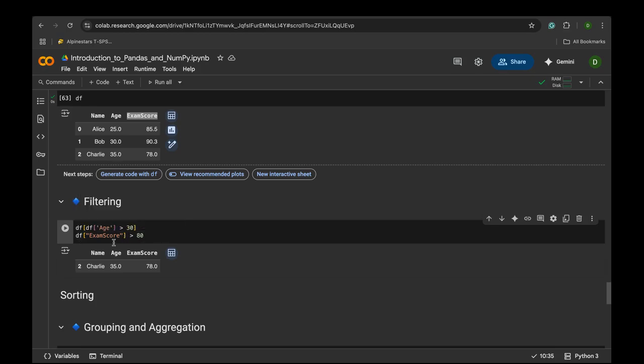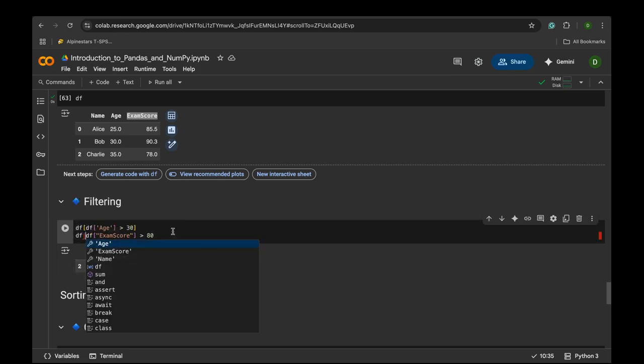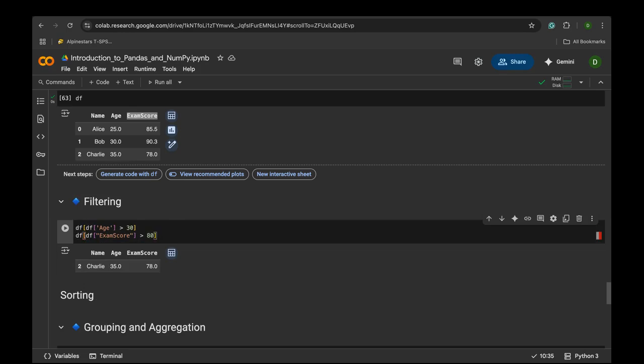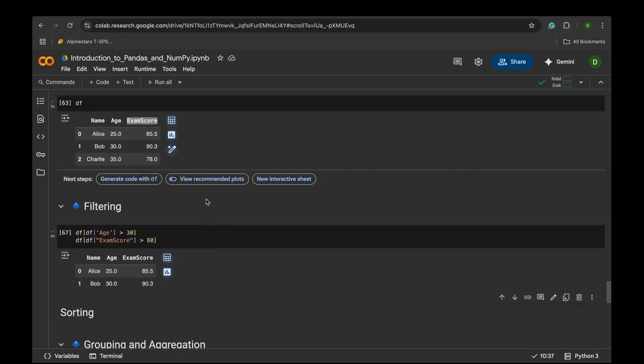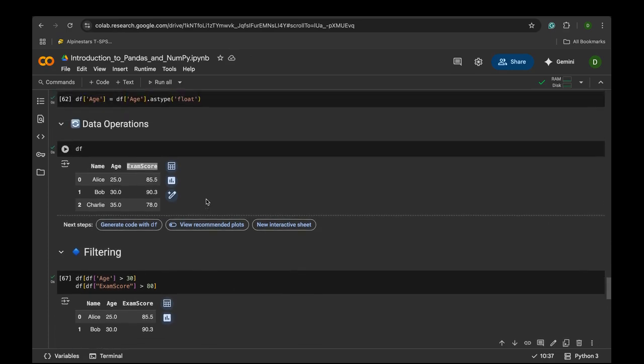Just running this will give me true or false situations. Then I go into the data frame here and access it from the data frame. Then I get what I want, right? I'll advise to go from inside out, because sometimes starting from outside you make a lot of mistakes. So you want to take it from the inner part where the operations are actually performed, then get into the data frame. Okay,